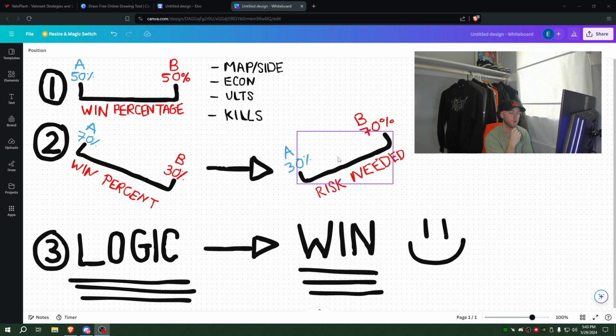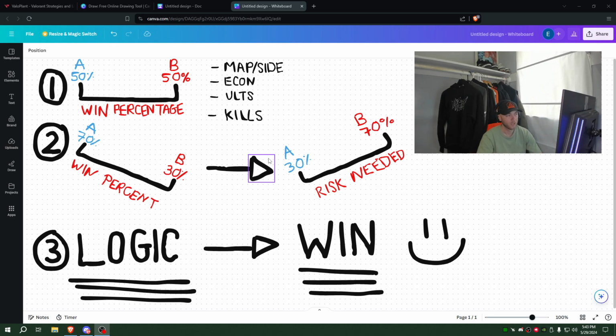Second round anti-eco, you always tend to see these top level teams group up when they have the gun advantage because they want to prioritize being together. They want to prioritize having good spacing and good trade availability. And they don't want to get caught off taking one-on-ones because if they lose those one-on-ones, they lose the weaponry. And then this win percentage that they've created or went into the round with is now starting to level out.